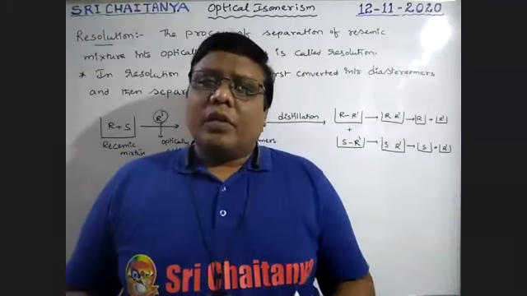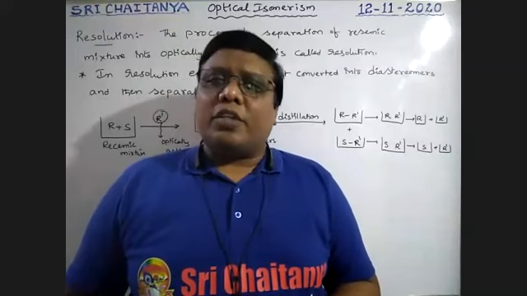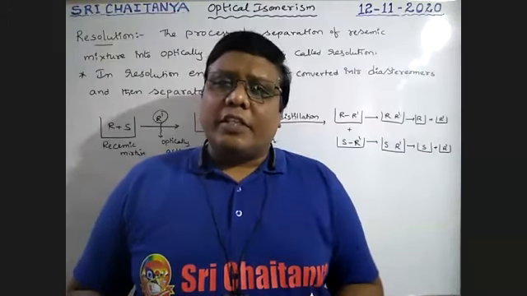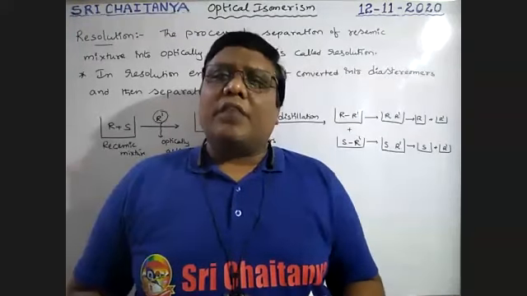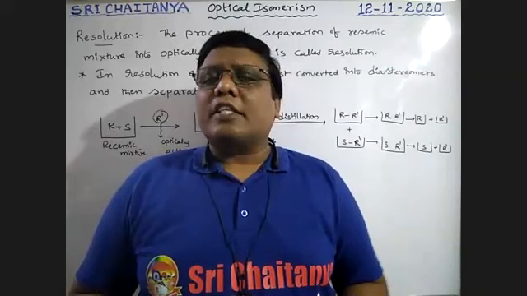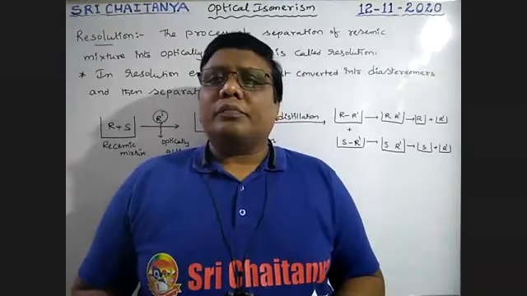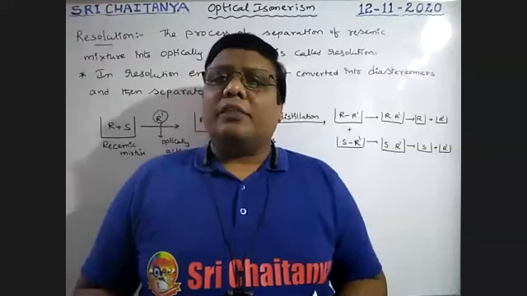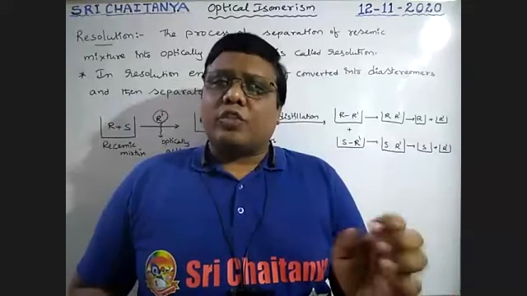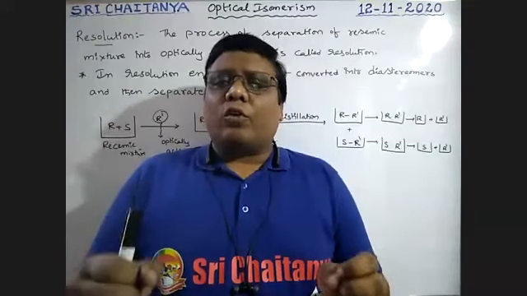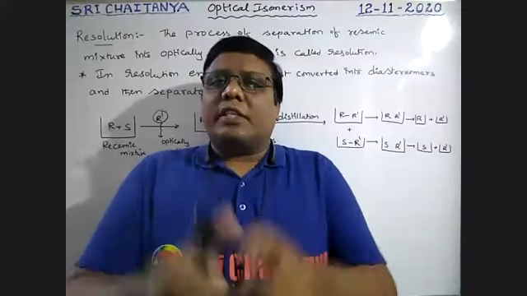Boys, in our previous class, we covered how to prepare a racemic mixture. So what is racemization? Preparation of a racemic mixture from the enantiomers of a compound. That is nothing but an equimolar mixture of the D and L forms of a compound. For example, 10 moles of a dextrorotatory compound and 10 moles of a levorotatory compound of the same chemical are mixed.